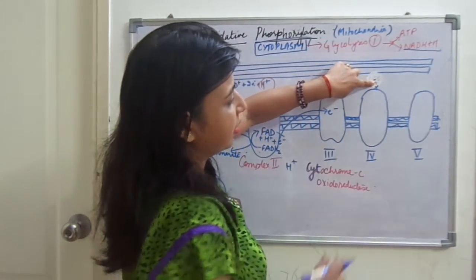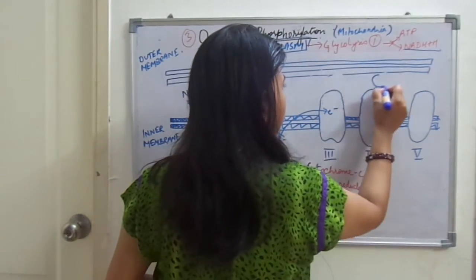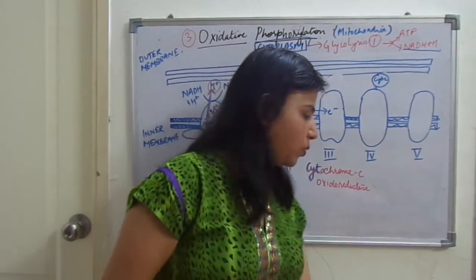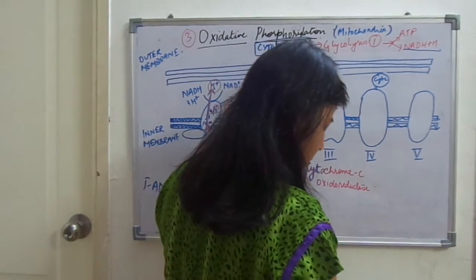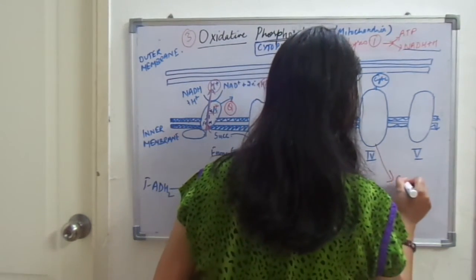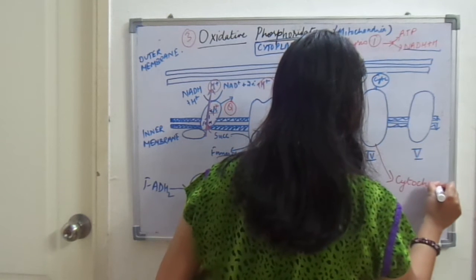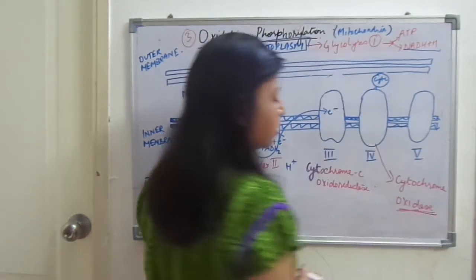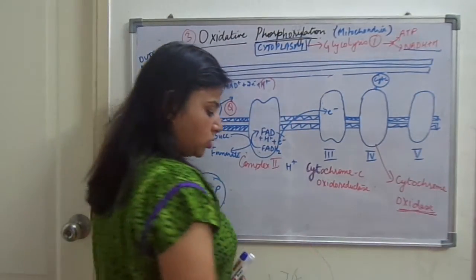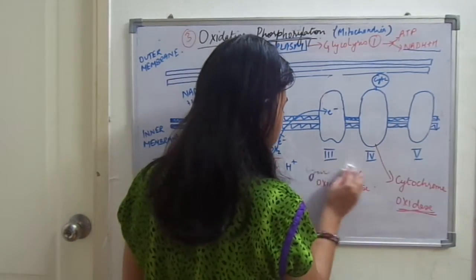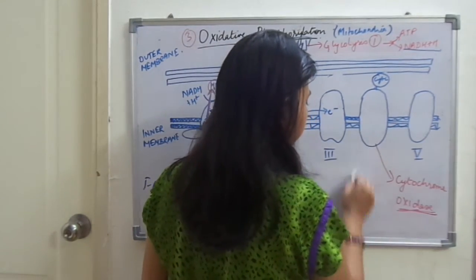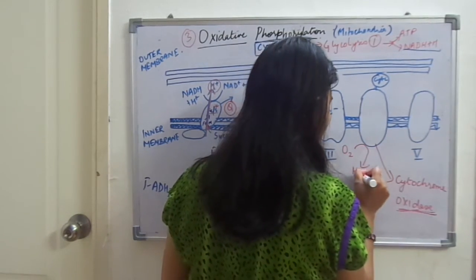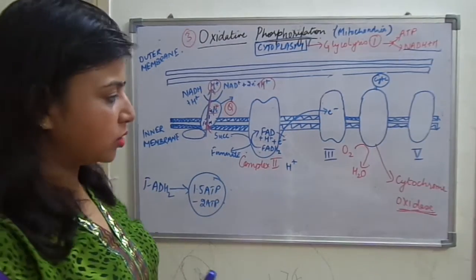Here it will come and attach. The cytochrome C will come and bind to this position and give all its electrons to this 4th complex, which is also known as cytochrome oxidase. Now oxidase, please focus on this word, oxidase. This is the complex where the oxygen molecule is going to be. This is the position where oxygen is reduced to water